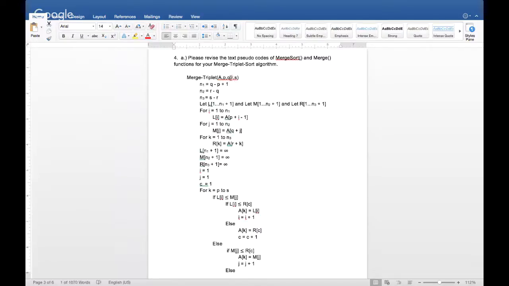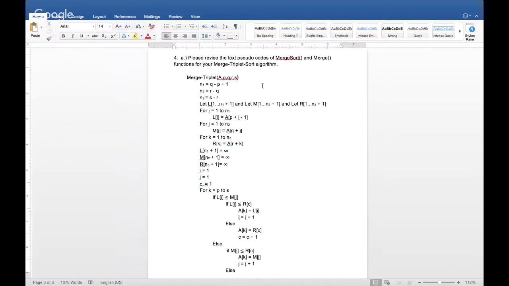And then usually we have just R, which represents the end of the array, the end of A. But in our algorithm, because we have 3, we will have 3 different arrays. We have A, the array to be sorted. P is still the beginning. Q and R are indices, though, that divide it instead of in half, it's in thirds, and we have S